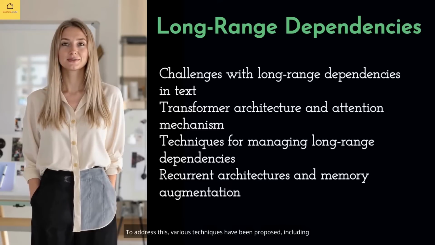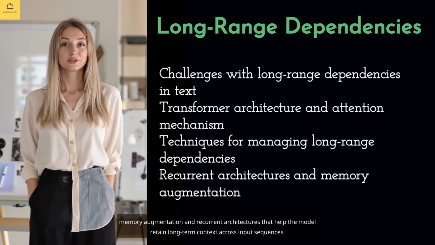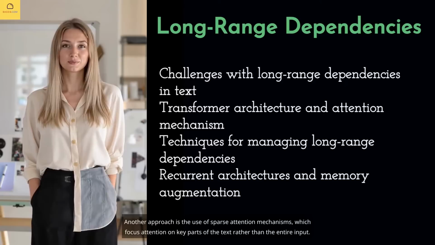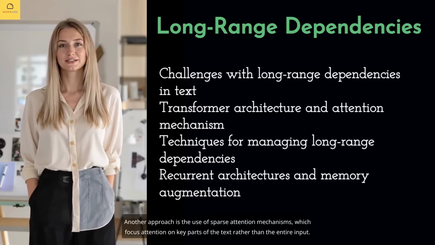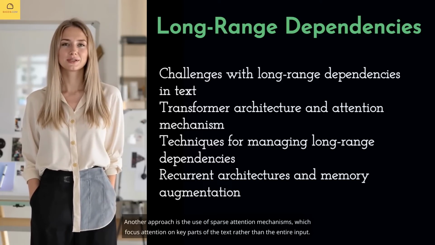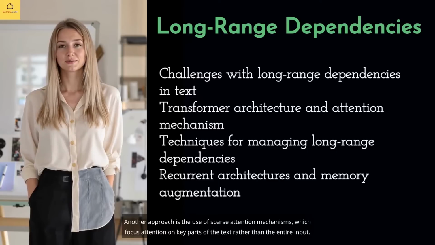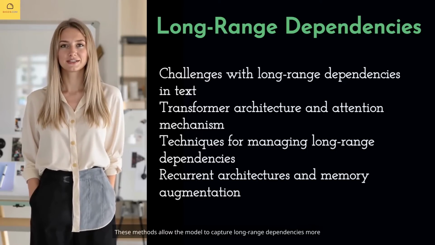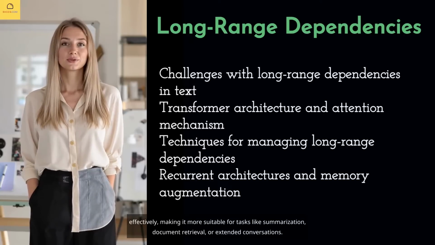To address this, various techniques have been proposed, including memory augmentation and recurrent architectures that help the model retain long-term context across input sequences. Another approach is the use of sparse attention mechanisms, which focus attention on key parts of the text rather than the entire input. These methods allow the model to capture long-range dependencies more effectively, making it more suitable for tasks like summarization, document